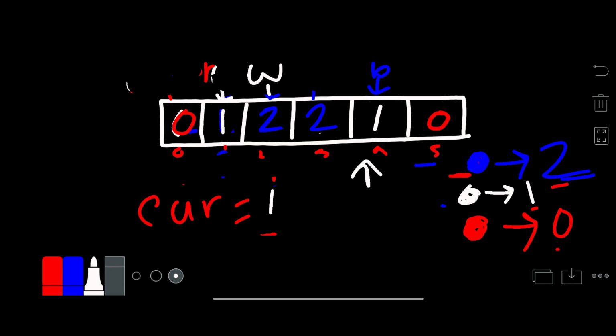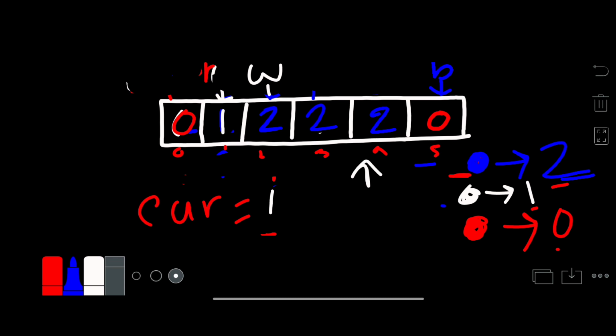First I will update the blue's index value with the blue color value. Now the blue index is pointing to index 4. So we will update the index 4 value with 2 and increase the pointer. Now blue is pointing to index 5.